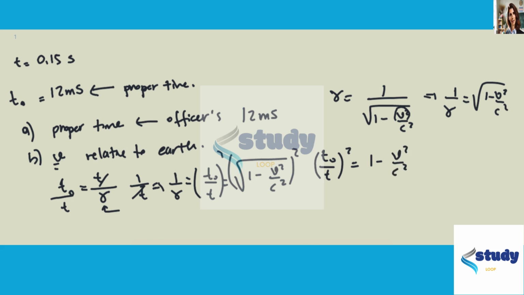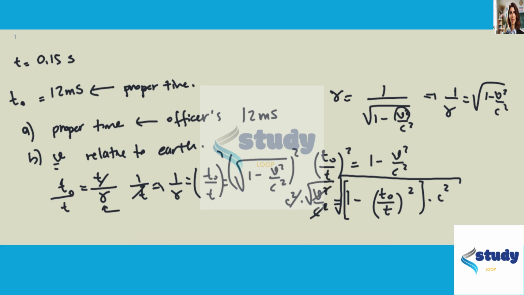Again, the idea was to isolate v out of this equation. So let's add v squared over c squared to both sides. These cancel. So v squared over c squared is equal to 1 minus t naught over t squared. Now we can multiply both sides by c squared, and these squares cancel out. So for v squared, we have 1 minus t naught over t squared times c squared. To get to v, we take the square root of both sides. On the left-hand side, we have v. Then we have the square root of 1 minus t naught over t